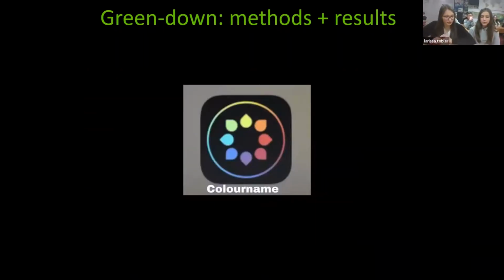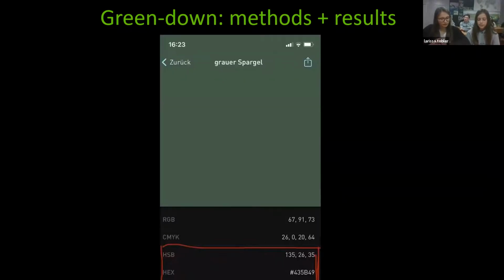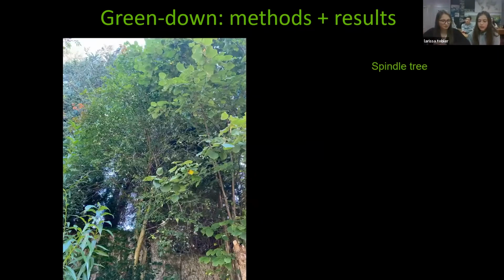We show you how we get the RGB values and the hex code. We use this app. First, you need to take a picture of your leaves. Then you click into the picture and a box will pop up. Here you can see this box. Next, click on the box and there you can see the HSV and the hex code. We document all this in a table on paper. When we had finished the documentation, we transferred it into an online document. Now you can see